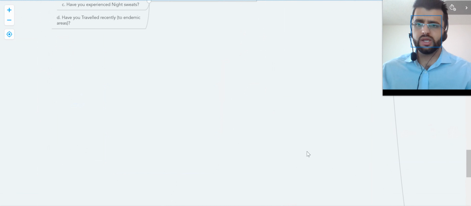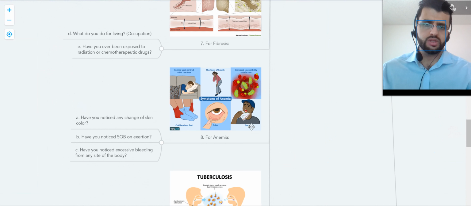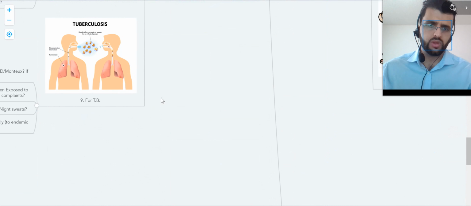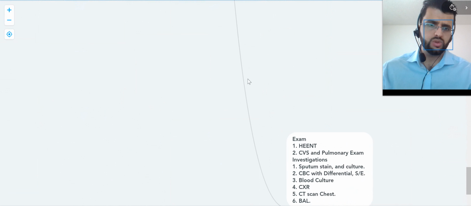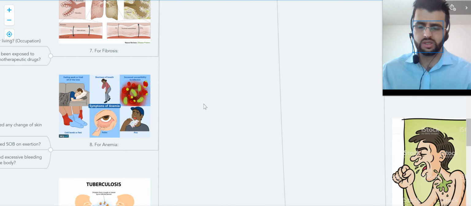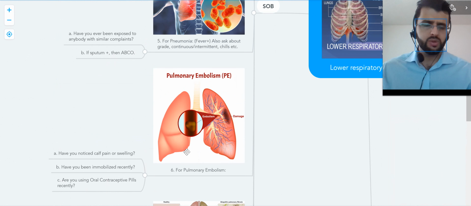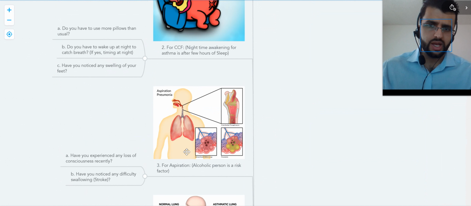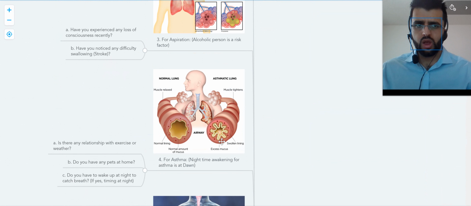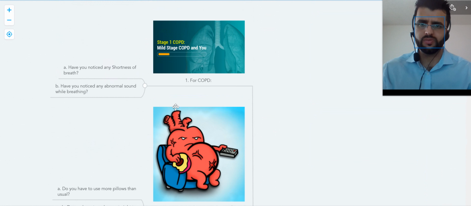What do we do after that? We do physical exam. Heart, lung, hint, okay? And then we do tests based on the differentials. Like for TB, we do TB test, like sputum stain. Anemia, we check CBC, CMP will tell us that. Pulmonary embolism, we do D-dimer. If there's high risk, we do CT angio. Pneumonia, chest X-ray. Asthma, pulmonary function test. Chest X-ray will tell us that too. COPD, pulmonary function test. Okay.